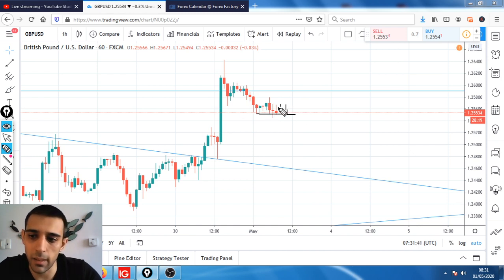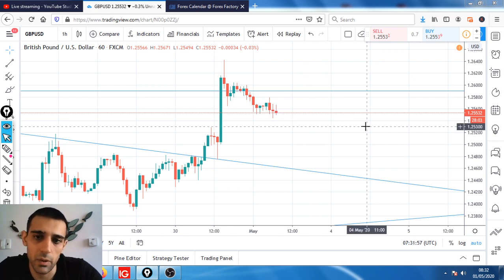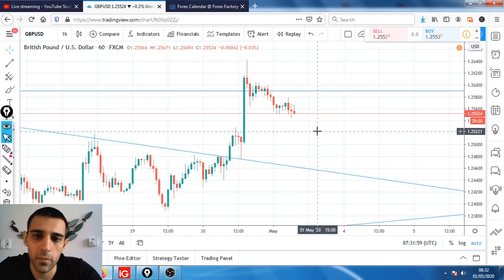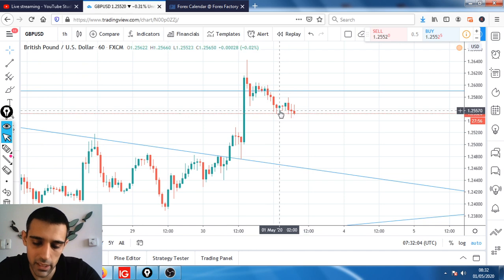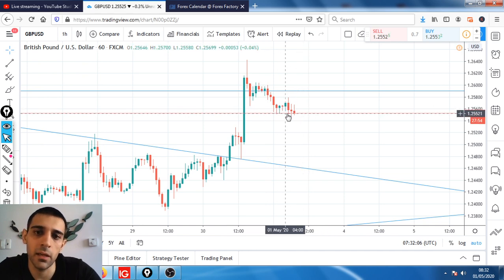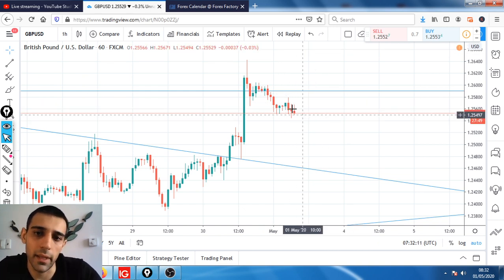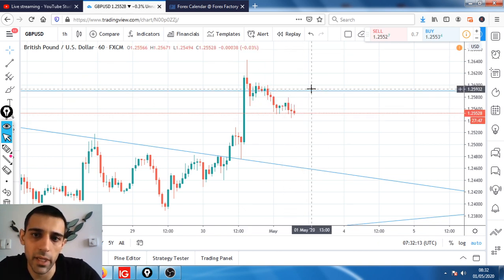However, it's going to take a couple of hours to play out, most likely about 3 to 4 hours the way it's looking. So the price comes up around this zone and then returns back to the lows down here. It needs about 3 to 4 hours to set up. And if that happens, I do not want to see any strong bullish candles, otherwise maybe I need to reanalyze.